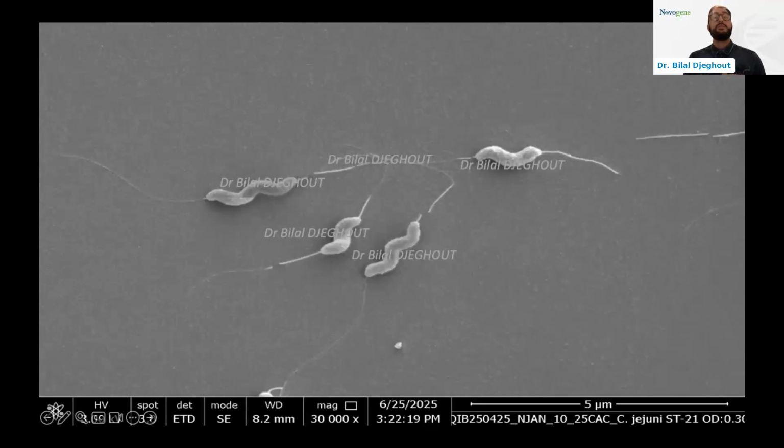This image is a high-resolution electron micrograph of Campylobacter jejuni. It was taken with our QIB imaging facility team. The bacteria's characteristic spiral or corkscrew shape is clearly visible, along with their long whip-like flagella that provide rapid darting motility. This unique morphology allows Campylobacter to move efficiently through the mucous lining of animal and human intestines, aiding infection. The small size, just fractions of a micron wide, makes detection and study of this bacteria challenging, especially in clinical samples.